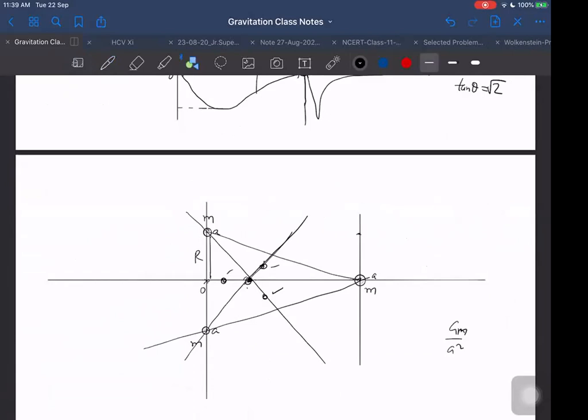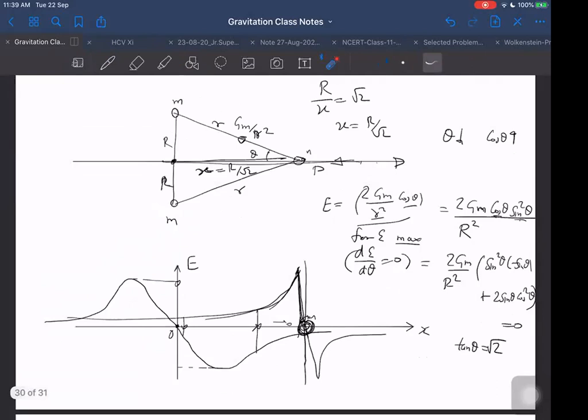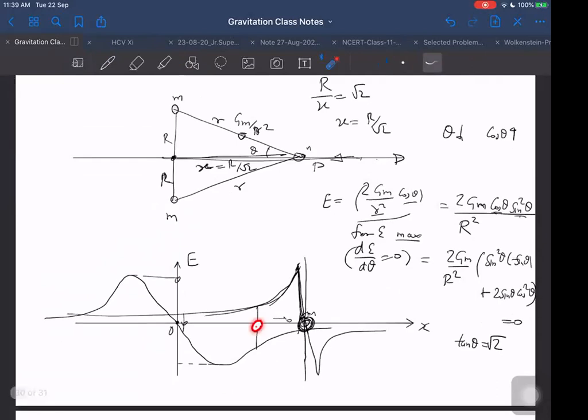So here also will be, I would say. That means right side, after the 2 null points, after this 2 and after this 2. Total is 4. In between there could be a null point also. Here it will not be. How will it be here? This is one null point here.